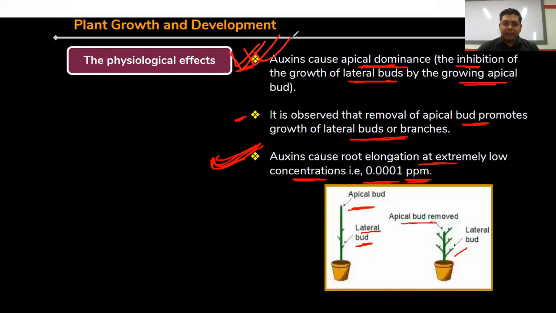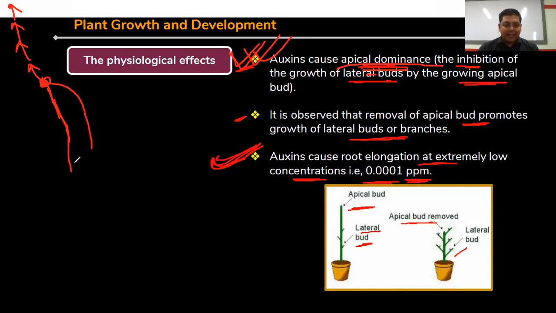This is very, very important for your exam. The main function of auxin is that it is involved in the process of apical dominance. Now, what is the meaning of apical dominance? Suppose a plant contains the tip of the plant, right? Suppose this is the tip of the plant. In case of auxin, this auxin is mainly involved in apical dominance. That means it is helping in the process of increasing the length of the apical portion of the plant body. This is called apical dominance, right?